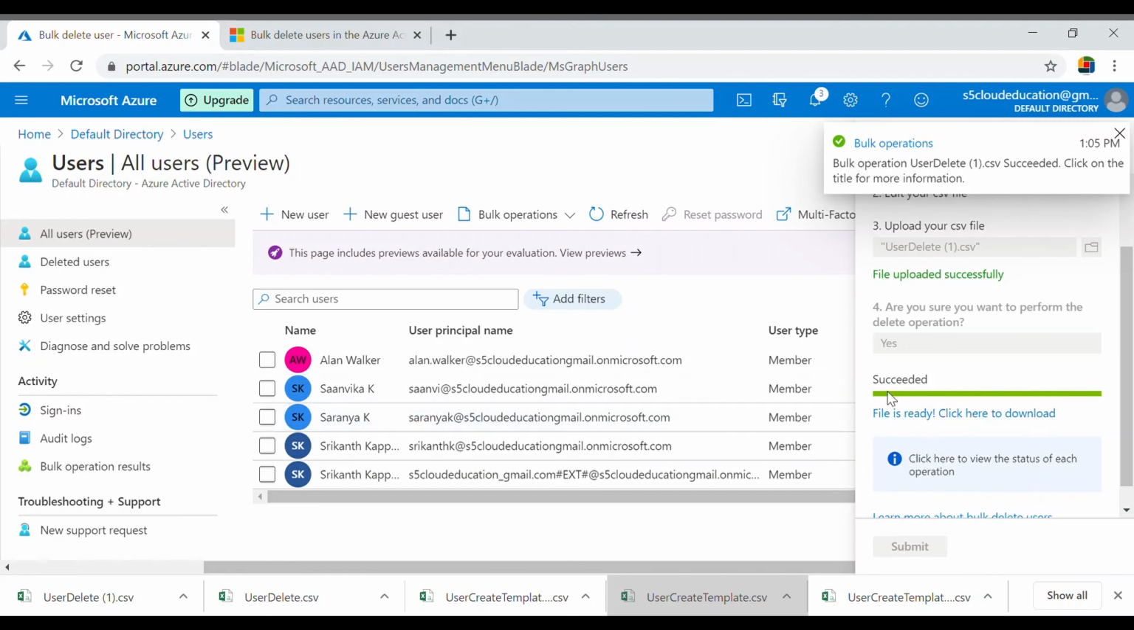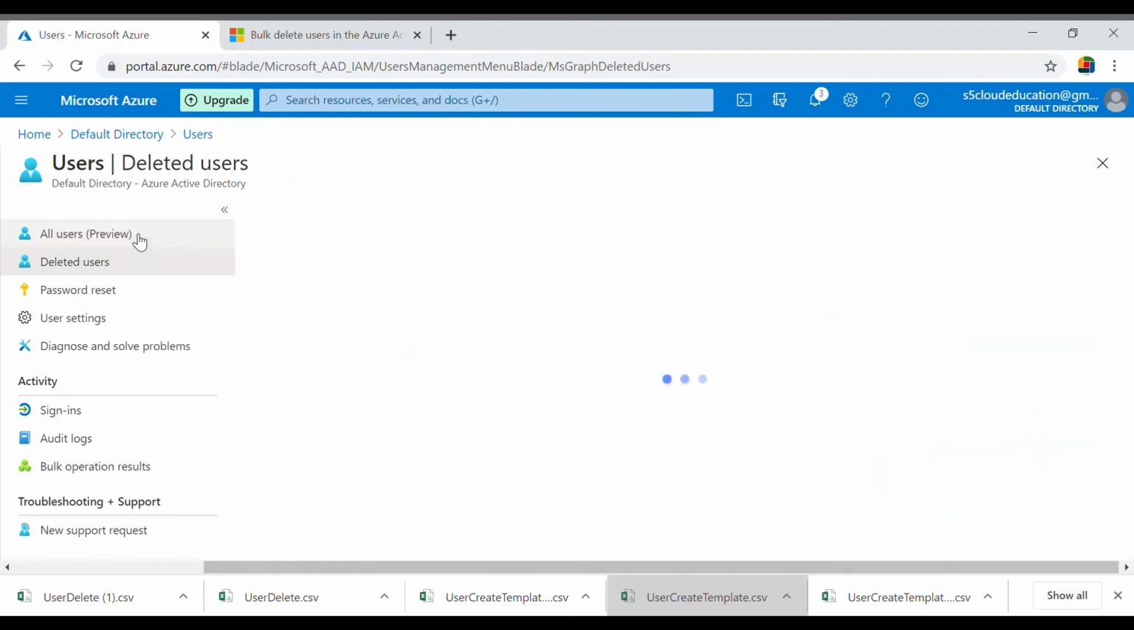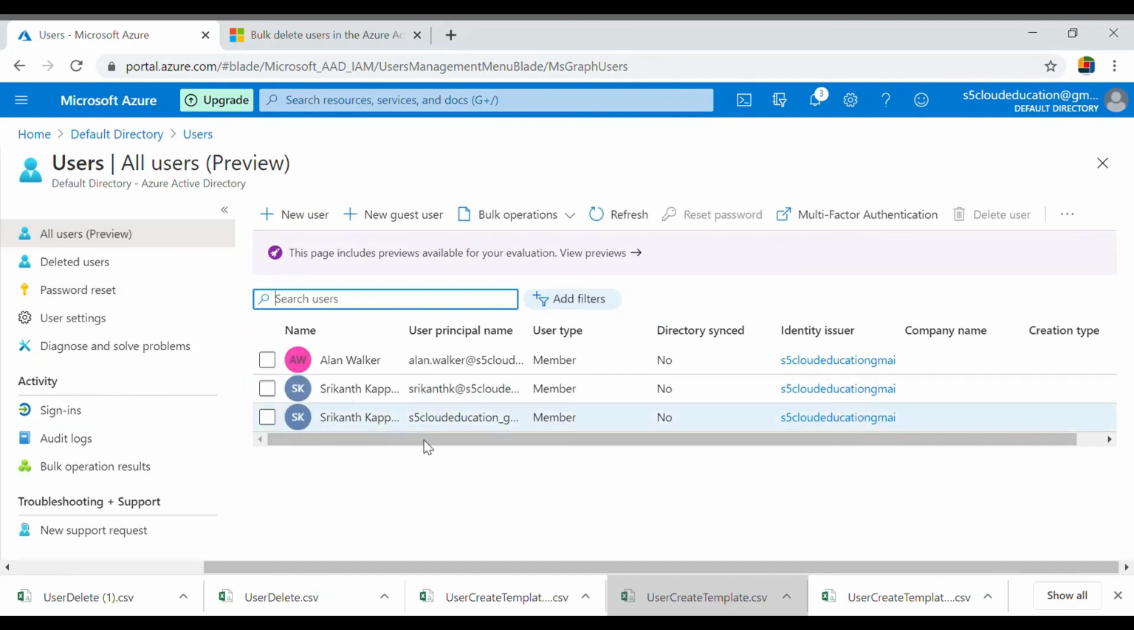The process has succeeded. Now let's refresh the screen. You can see that the two emails are